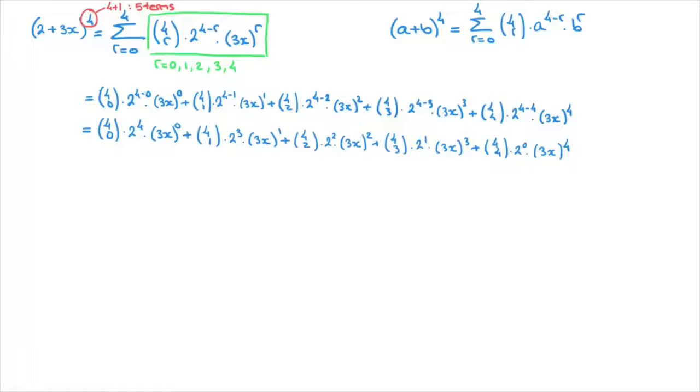So this (3x)^0 is simply equal to 1. Similarly, on the last term, this 2^0 will also equal 1. Another thing we can use to simplify this a bit is the fact that any number raised to the power of 1 is equal to itself. So this (3x)^1 will equal 3x, and this 2^1 will equal 2. Keeping all of those facts in mind, we can rewrite this sum as